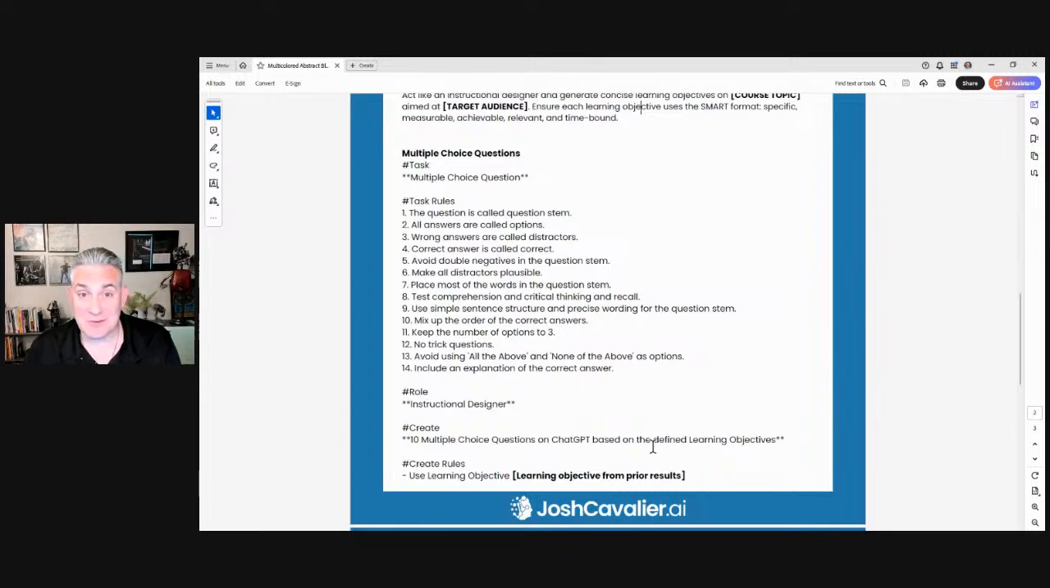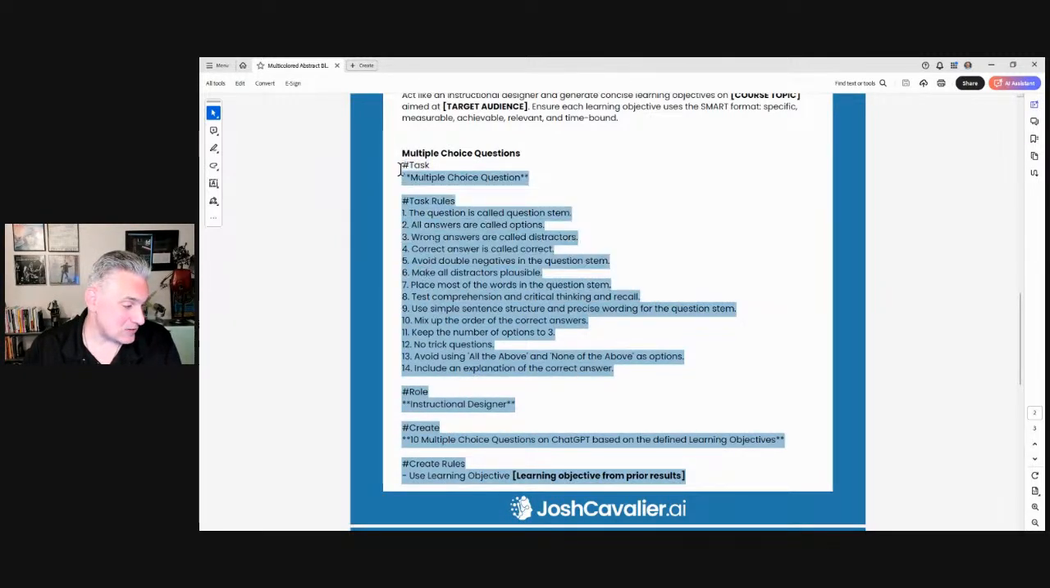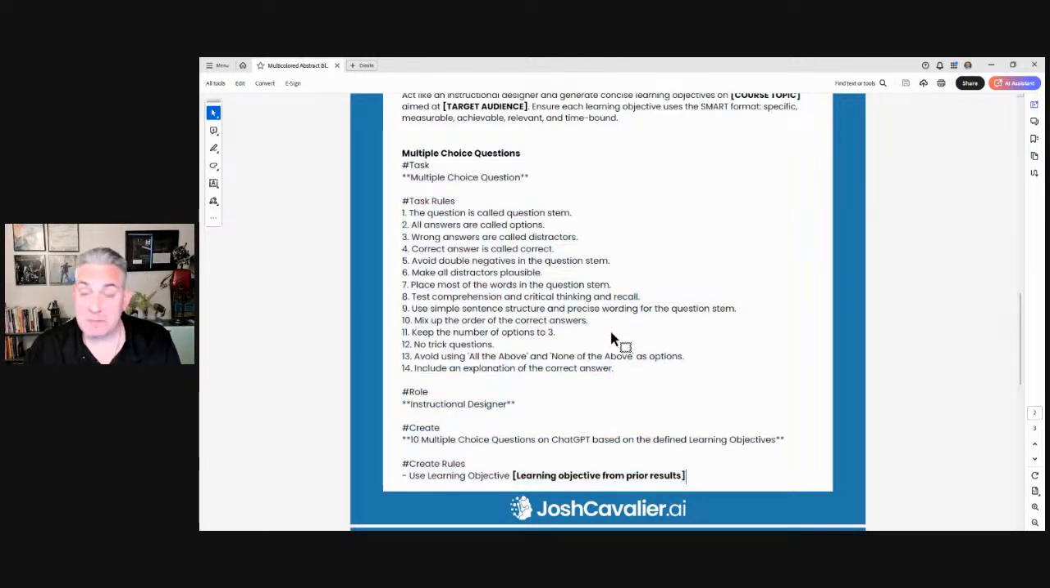Well, let's go ahead and grab our multiple choice question prompt and copy it and get it into the clipboard. Now, before we paste it, I do want to describe the structure and the format that's being used here. Typically, I will use what's called a Tracy prompt, and the Tracy prompt has task, rules, role, sometimes there's role rules in there, create,